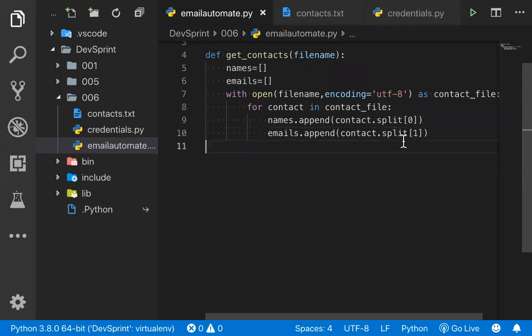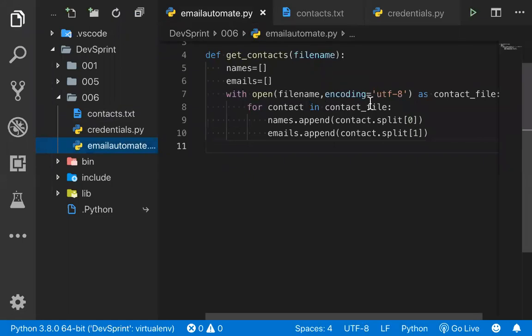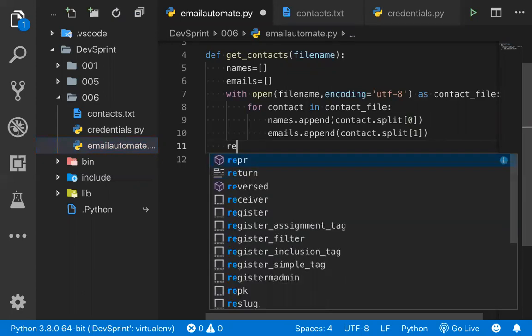So basically what we are doing, if you go back to this contacts.txt, we have the two content here. In the 0th position is the name of the person, and in the 1st position is the email ID. Similarly like this. So when you are reading your file, this function will get the name as well as the email separately and store them into different lists, because we want this later, because we are using this information in the actual email concepts.